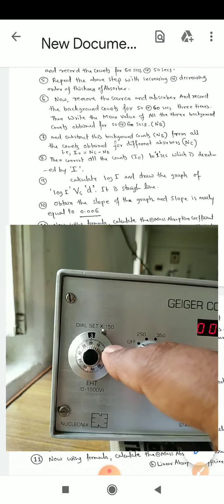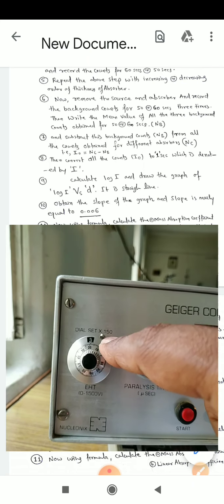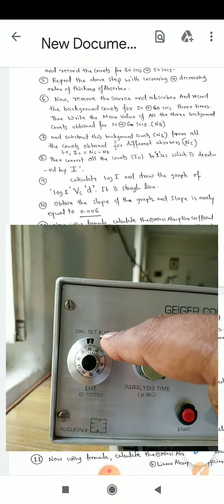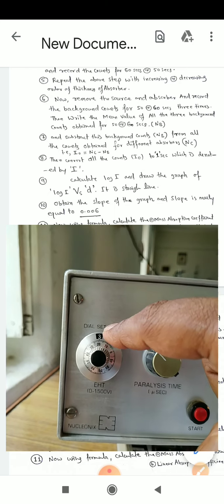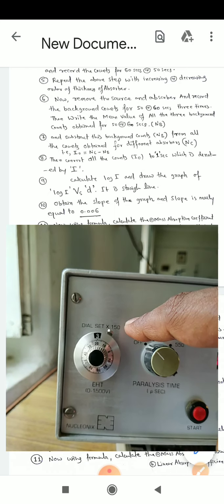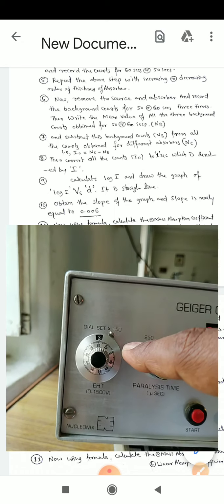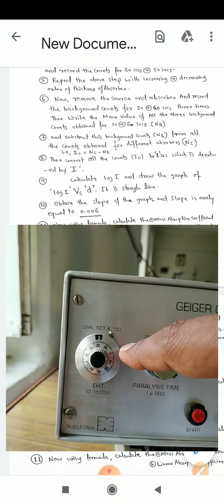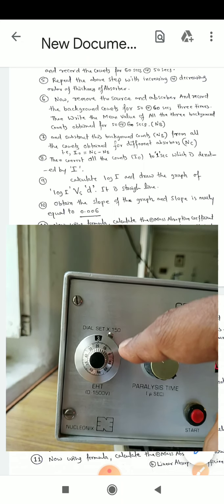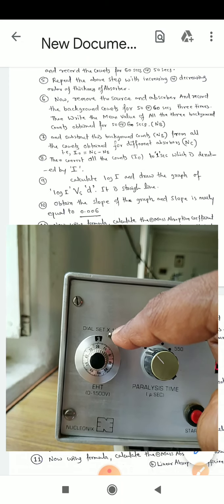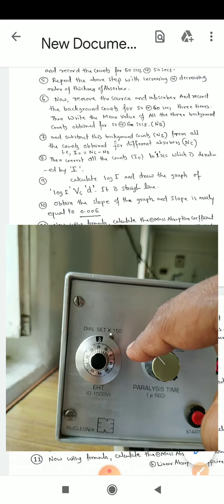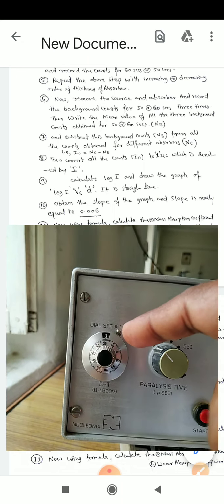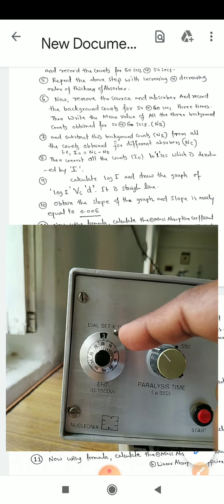So now I have set the voltage, and it is exactly 480 volts. Here I have given 3 rotations, 3 into 150, that is 450. And to add another 30 volts, I need to give 20 divisions. For 10 divisions it is 15 volts, and for 20 it is 30 volts. So a total of 30 volts is added to the 450 volts, and then it becomes 480 volts.